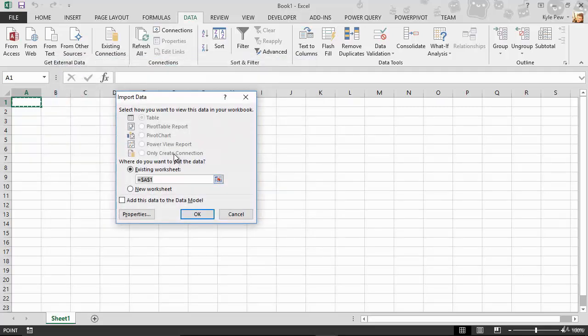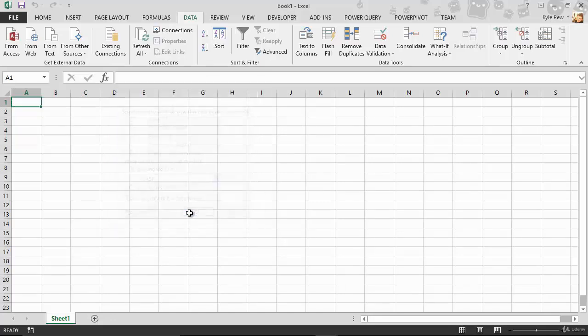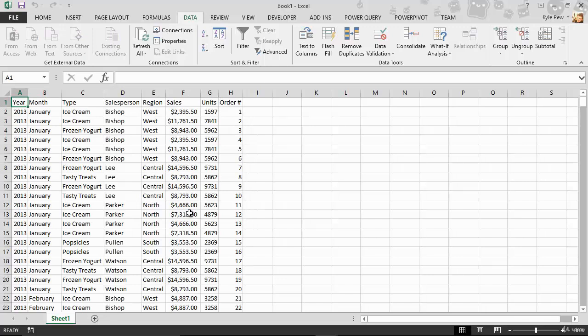And now it wants to know, well, where do you want to put the data? I'm just going to put it in the existing worksheet there inside A1. I'll hit OK. And I've now got my data imported from a simple tab delimited text file. Nothing big. A nice little wizard. I just went to my data tab,